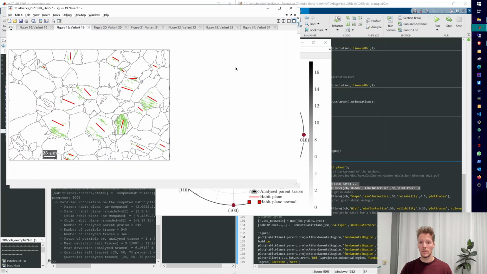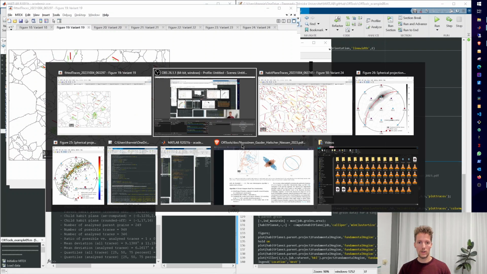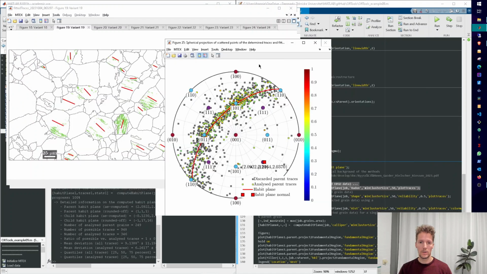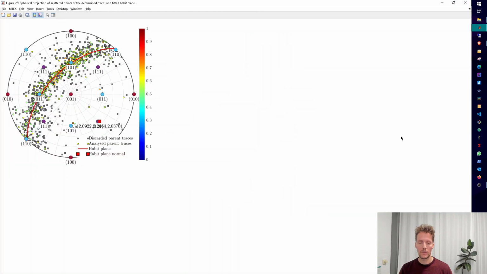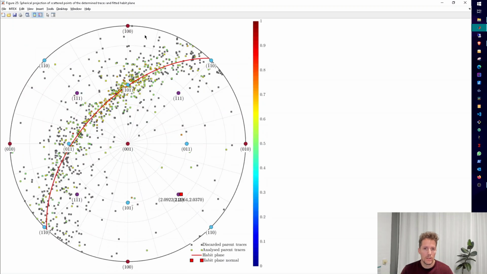So once we've fitted all those traces, we can of course plot them into a figure. This has been done here. We enlarge this figure. So what we see here is of course the pole figure of the parent phase, and we can then see all the traces that have been rotated into the parent crystal system as well. The gray ones are discarded parent traces, because one parameter that you do not see when